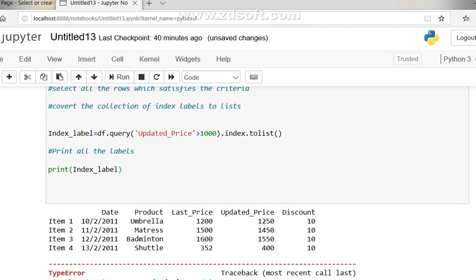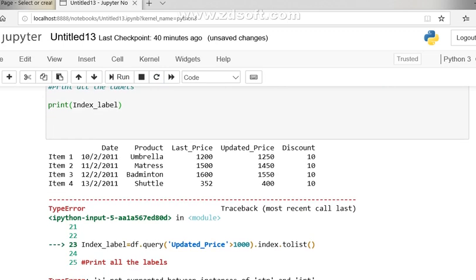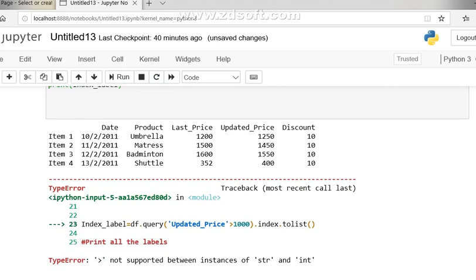clear, and you see in the output part again there is some problem. So I will try to rectify this one. Students, you learn from here that handling the error is also very important. So what is the error here? TypeError: greater than not supported between instances of string and integer.